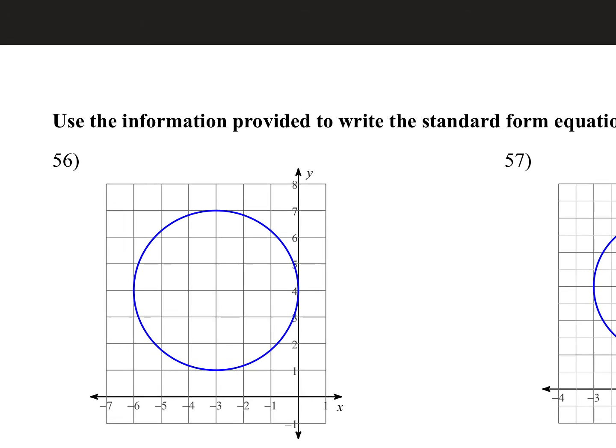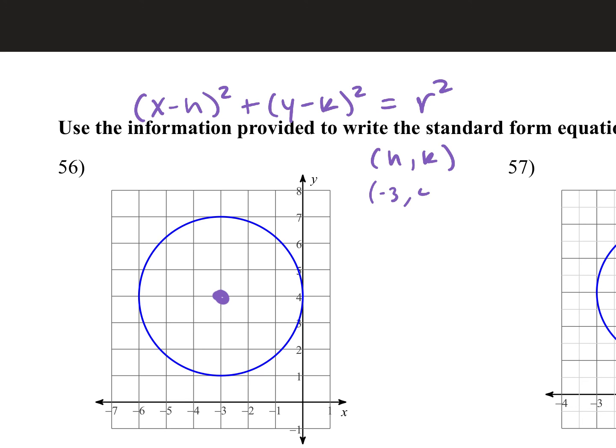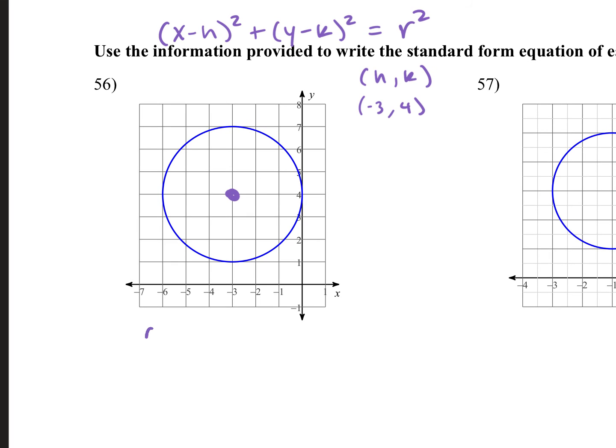So we have to come up with the standard form equation of the circle. So that's x minus h squared plus y minus k squared is equal to r squared. So our center gives us the h and k, so let's find the center. That would be right here. So we go to the left to -3 and up 4, so -3 comma 4. So when we plug that into our equation, we change the sign. So it'll be, I'll write it down here, x plus 3, so since it's a -3, we change it to plus